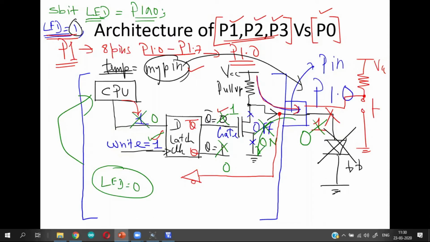The output of this is connected to the CPU. So what is the direction of data flow? The data enters the pin and it traverses via this line, provided this particular pin is enabled. This enable is called the read line.